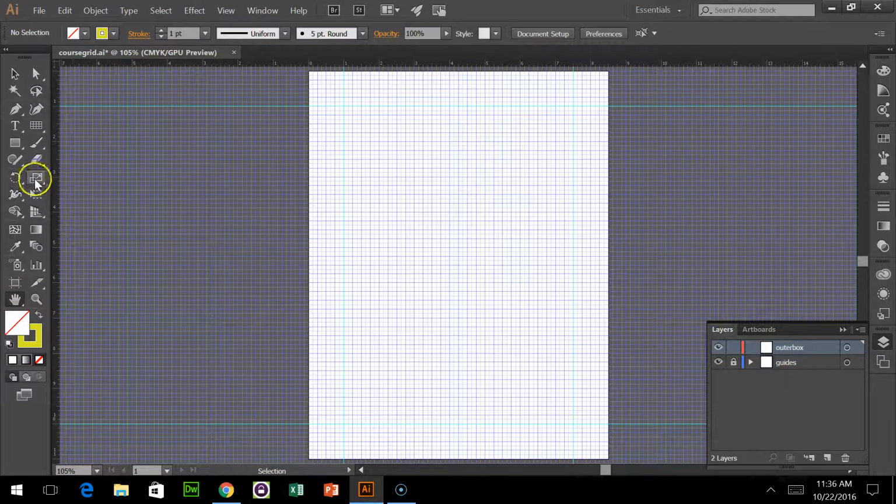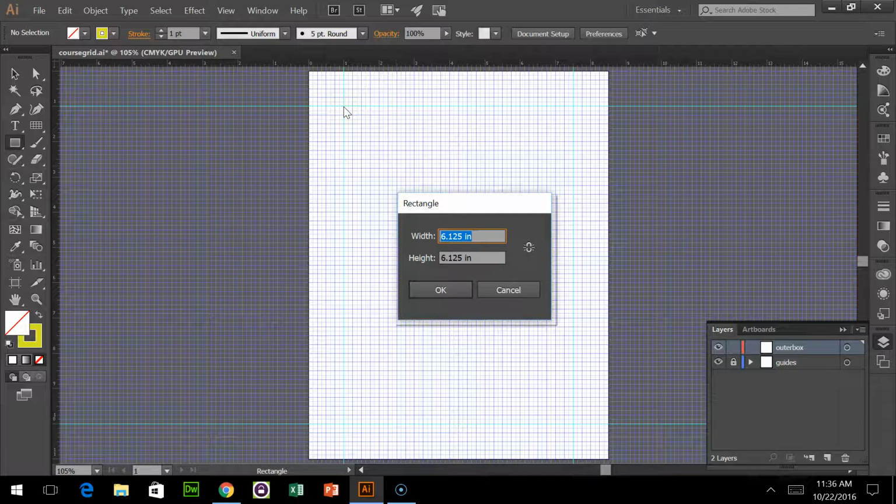Next thing I'm going to do is click here on the rectangle tool. Once I've clicked on that, I'm going to bring my cursor over here to where my grid lines intersected at 1 by 1 and click once. I get a dialog box here. How big do you want your rectangle? In this case, I want it to be a square, not a rectangle, but I'm going to do 6 in,